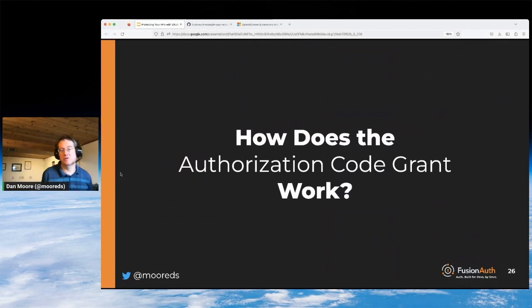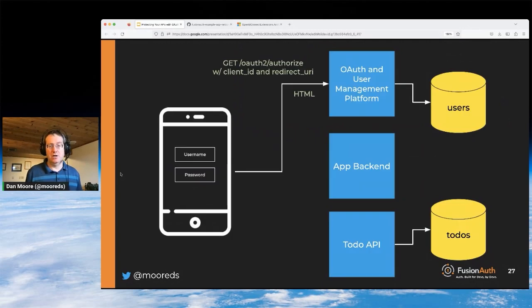So let's walk through the authorization code grant in excruciating detail. The client sends a request to the OAuth and user management platform, which sends back some HTML, and that lets the user behind the client enter their username and password. They post that to an endpoint, which causes the OAuth and user management platform to verify the credentials and